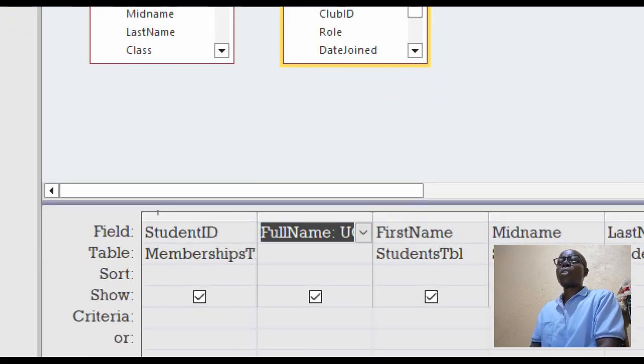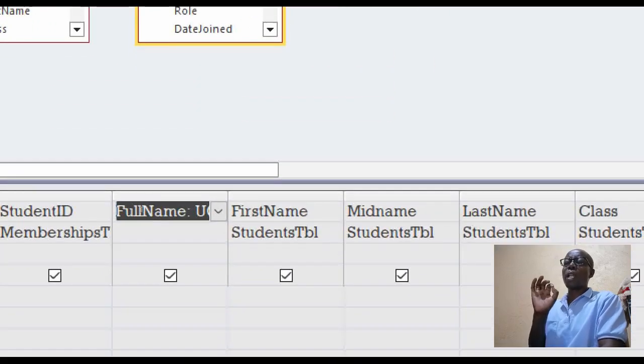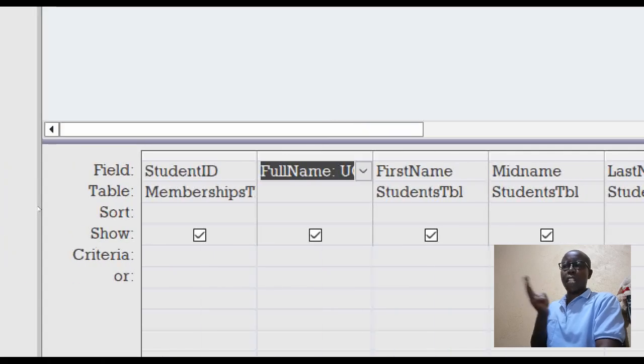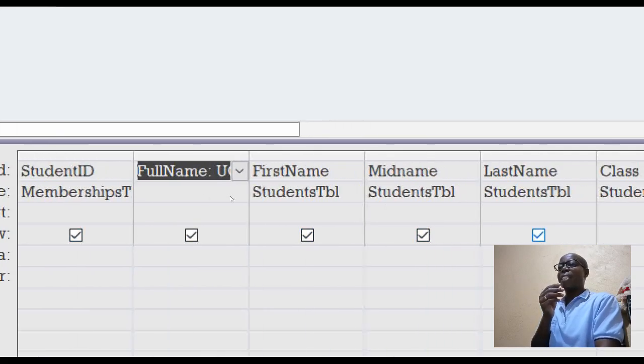The other thing we have seen is that it is redundant to repeat first name, middle name, last name. What do we do? We unshow. So we unmark the show row. You remember the show row somewhere? Yes, we had it somewhere.